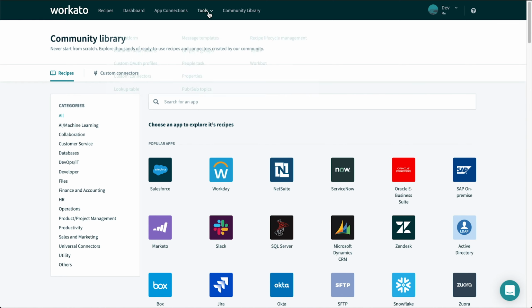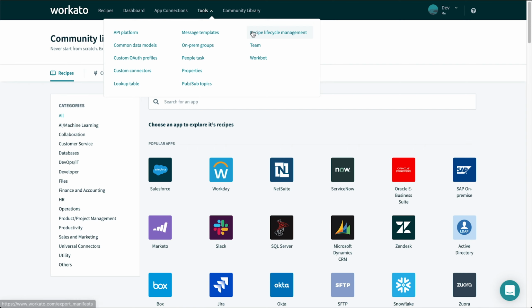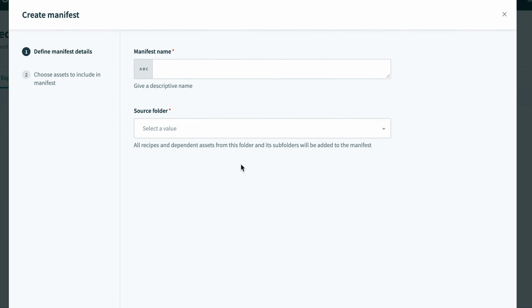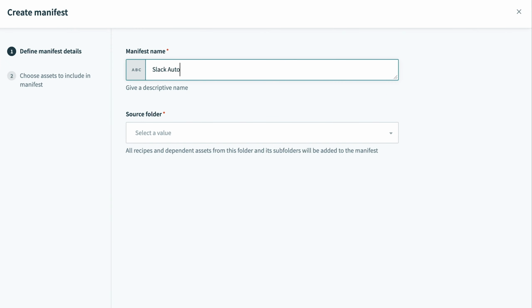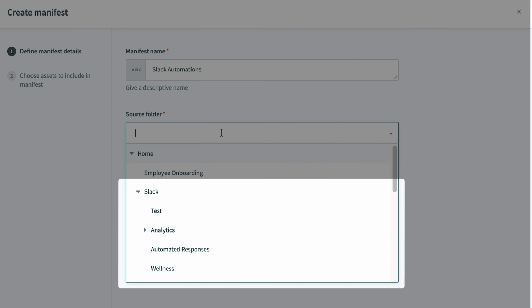In your Tools section, we'll navigate to Recipe Lifecycle Management. To move our project, we'll build a deployment package called a manifest containing all our assets. We'll title our manifest Slack Automations and pick the Slack folder to be our source since it contains everything relevant